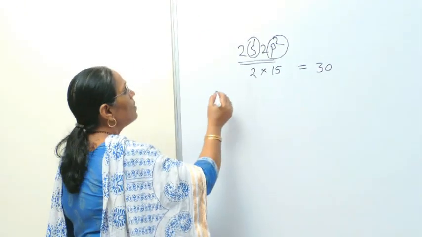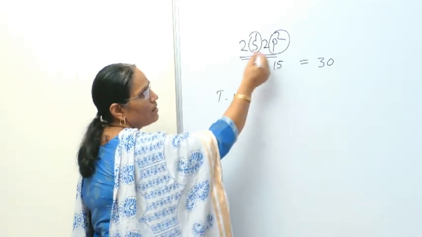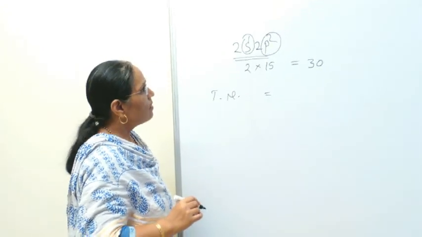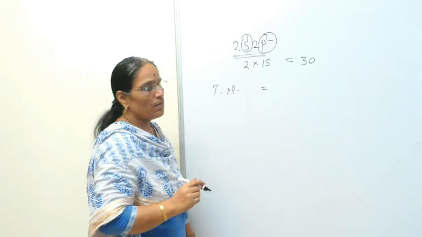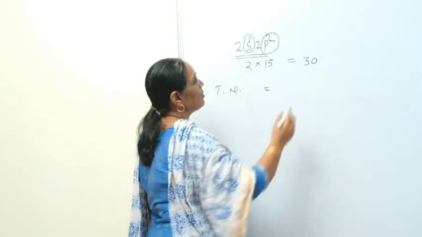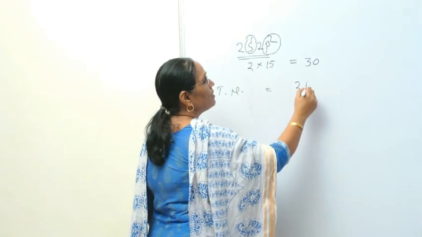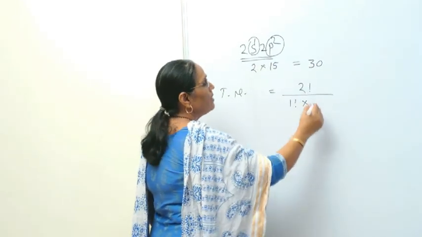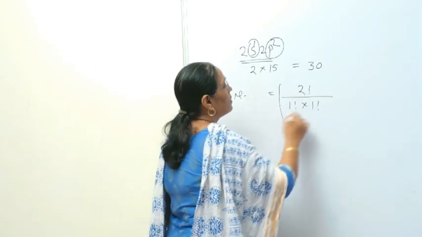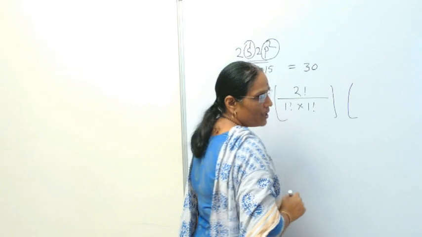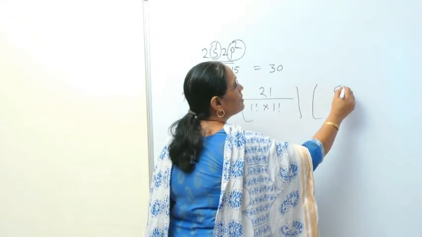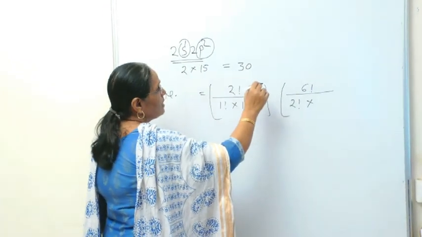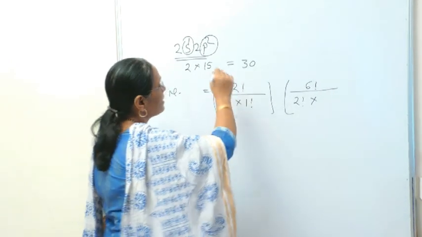So for obtaining the total number of microstates for this configuration, we have to use the combined n factorial equation, one for S1 configuration and second for P2 configuration. For S1 configuration, the equation will be 2 factorial by 1 factorial into 2 minus 1, that is 1 factorial, into the equation for P2 configuration, which is 6 factorial by 2 factorial into capital N minus small n, that is 6 minus 2, that is